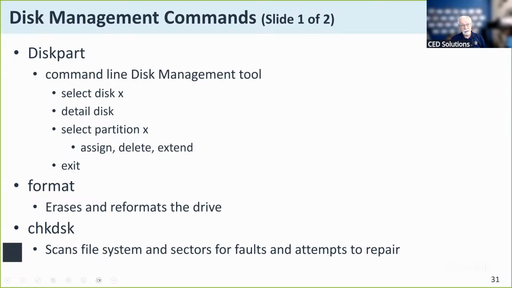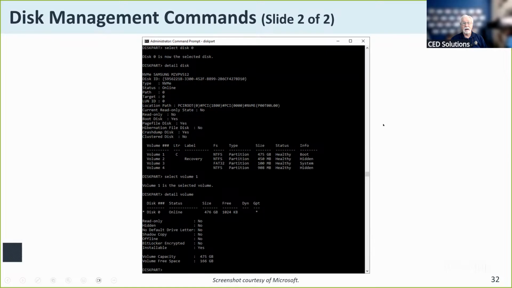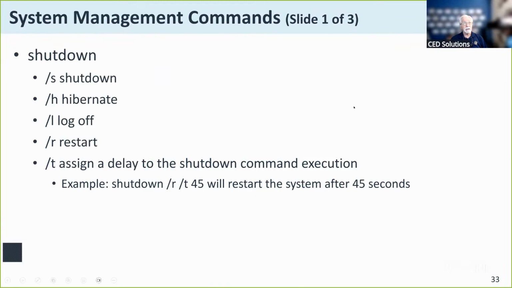This little command here, check disk, is a scanning tool that will scan my disk for any bad sectors, bad areas of the disk. And there's a couple of options there that will even allow me to attempt to repair or fix bad disk sectors. That's one of the things that I run on my two hard disk drives every morning as part of that automated process. The check disk command there.